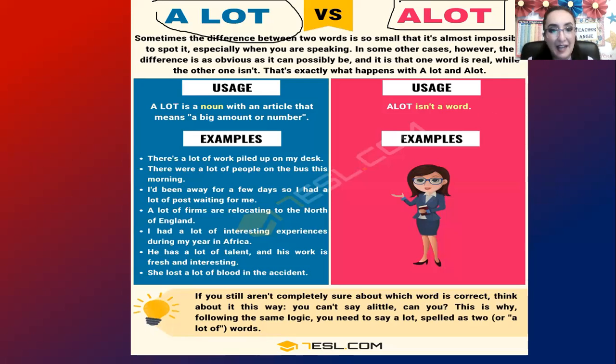Un tip super extra. Si un día te llegas a encontrar "alot", no la vayas a confundir con "a lot", okay? A lot is going to be a noun with an article. That means a big amount of things. And "alot" is super strange, no? A lot exists because you are going to be saying a lot of food, a lot of traffic, a lot of everything, no? But "alot",